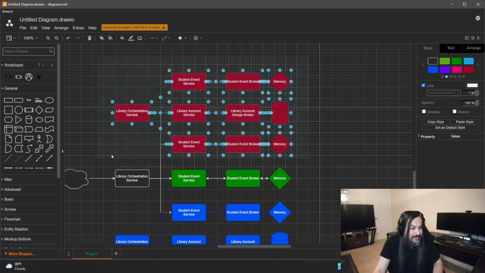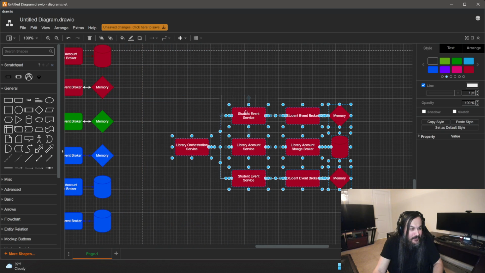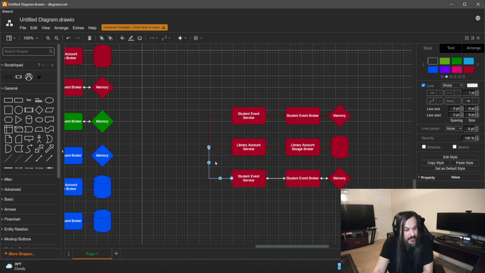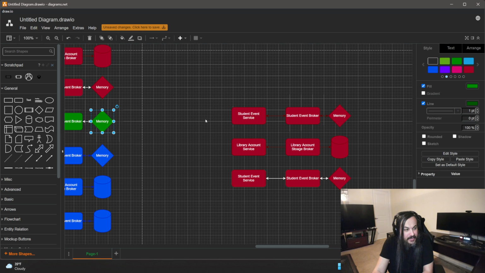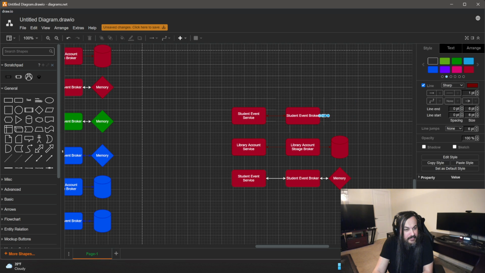Let's see. Maybe something like, can I rotate this? Let's see. Maybe I can rotate it. Is there a rotation thingy? Yeah, you know what? I'll build it for you here. Let's just move this in here and move this here. And the listener in here is basically that exact same green guy, but it's sitting on the other side.